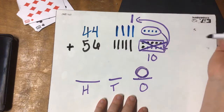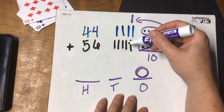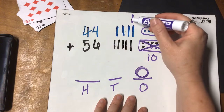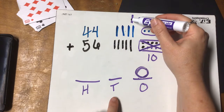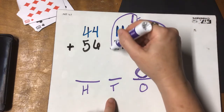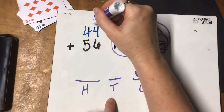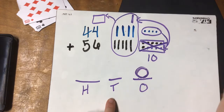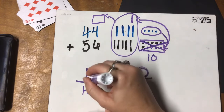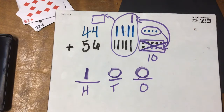Now I'm counting how many I have over here. I'm counting by 10, 20, 30, 40, 50, 60, 70, 80, 90, 100. So because I have 100, I'm going to move that group of tens over to my hundreds place. That would build a 100. So all of my tens got moved, and I end up having 1 whole 100 when I add 56 and